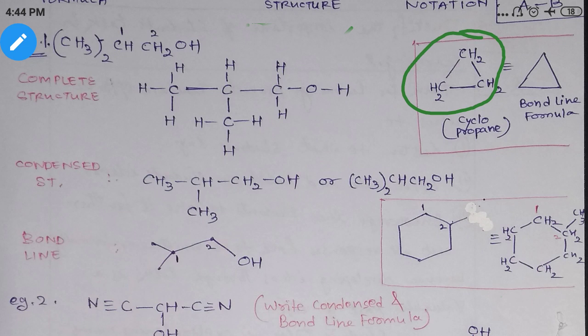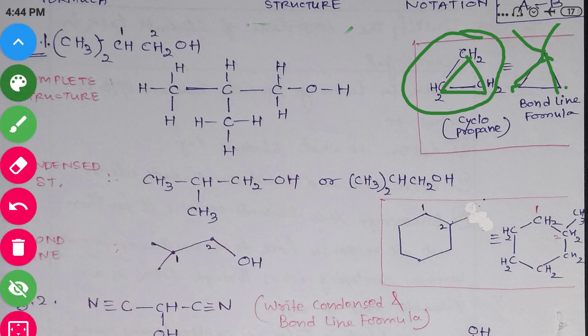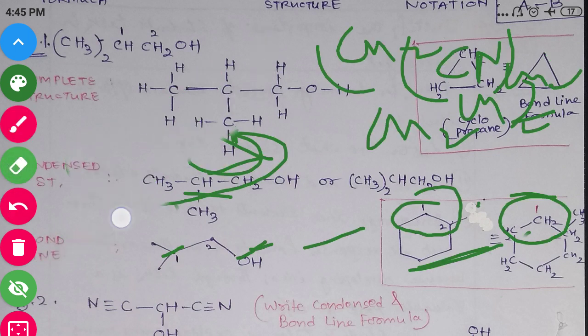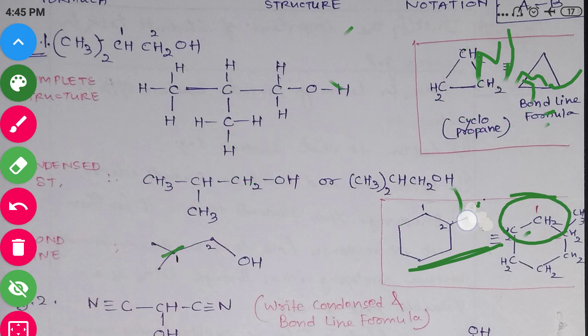So what is the bond line formula? Remove the carbon, remove the hydrogen. You do not show the carbon, you do not show the hydrogen. It will be your bond line formula. So simple, what I have done, I have drawn the triangle type, right? Because this is a triangle. So these points are automatically carbon. And since these two bonds are already there, how many more bonds will be there? How many hydrogens will be there? 2. So this is automatically CH2. So we need not show the carbon and will not show the hydrogen, and the bond line formula is made. Okay, so this is how we make the bond line formula.